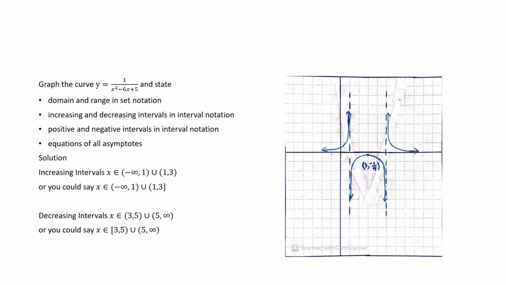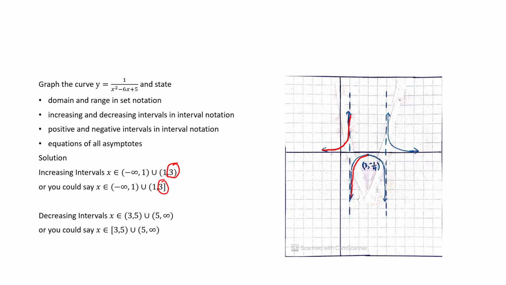Now, our increasing intervals: as we go from negative infinity to 1, our curve is increasing to the left. And as we go from 1 to 3, our curve is increasing to the left. Your textbook allows you to put a round bracket on the 3. To my way of thinking, there's a square bracket around the 3, but I'll accept either for purposes of your